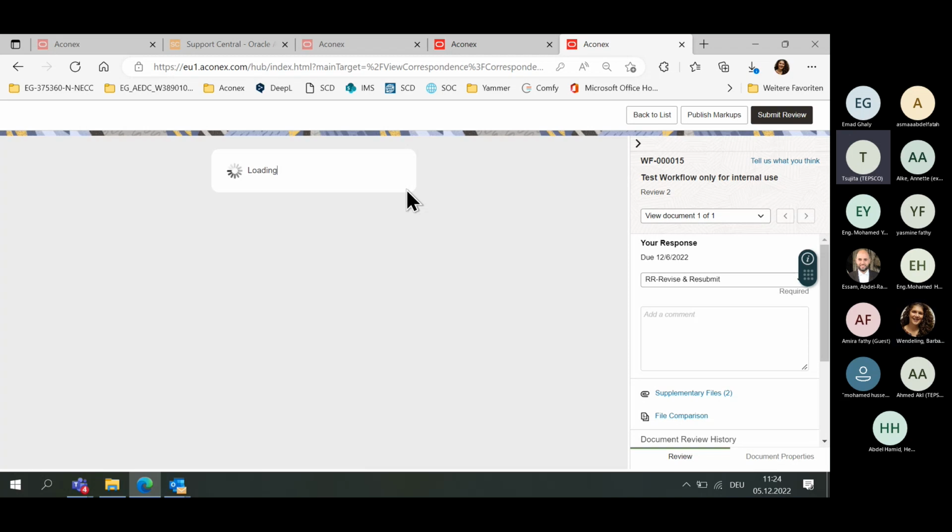Correct. And if, for example, the engineer receives a design document from the contractor, now the engineer, TEPSCO, puts the comments on the received PDF files, and we want to upload this comment file in the PDF format. Do we upload it as a supplemental document? Yes, you have to upload it as a supplementary file, but it could be a problem if the comments are directly on the PDF and not in the Excel, because that means